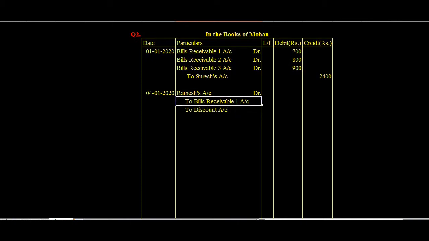Alright, so these are the 3 pieces of information. Now, in settlement of how much? 710 rupees. But the value of the first bill is only 700, which means the balancing figure of this 10 rupees is our discount. Guys, you need to understand it. Whenever they use the word in full settlement of, we need to understand that yes, there is a certain amount of discount involved. Alright, so this is how our first bill's treatment is done. I hope everyone has understood this.